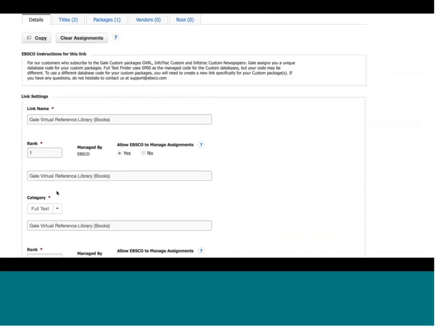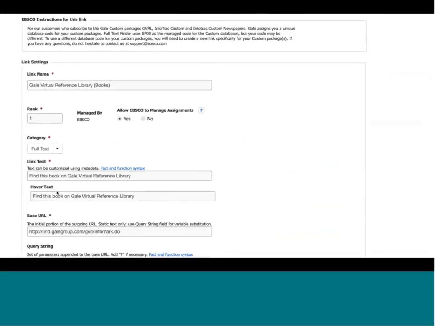So I'm here at the Gale Virtual Reference Library package, and at the bottom here you'll see a base URL and a query string. Again, these are things that EBSCO should be filling in for you. You should not be messing with these on your own, but this is where those links are actually defined. This means if we get an open URL request for an item that appeared in this particular package, we're going to use this base URL and this query string to construct the link that we're going to send the